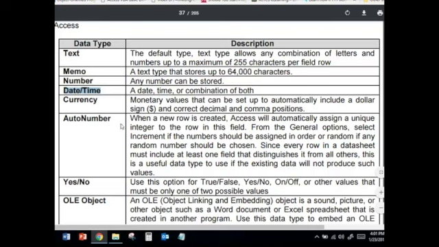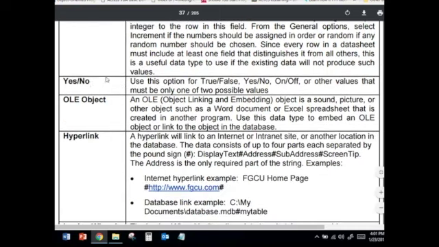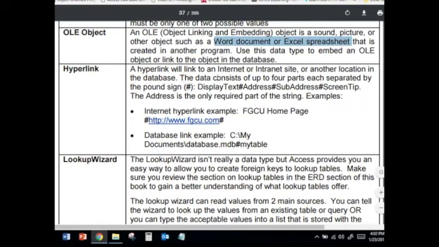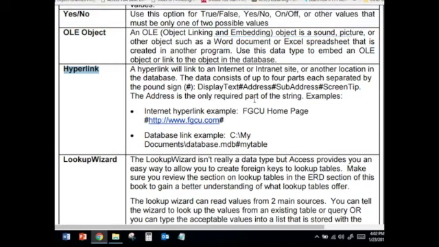Okay, there's a new one, Long Text, that has replaced Memo, and it can store a large number of characters. And there is another one, the OLE Object, where you could actually store an Excel spreadsheet or a Word document. Okay, that's a great way to organize your company's documents. Here's Hyperlink. You can store a link to a web page as well as a link to a